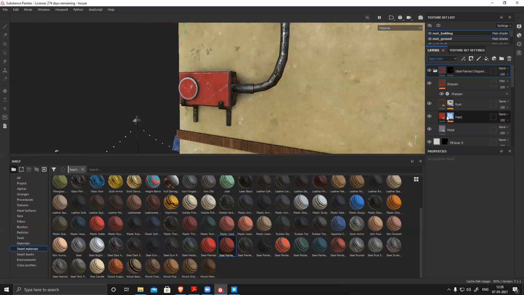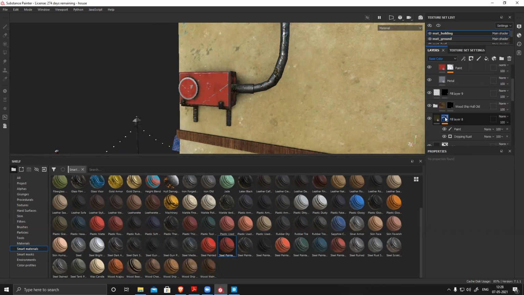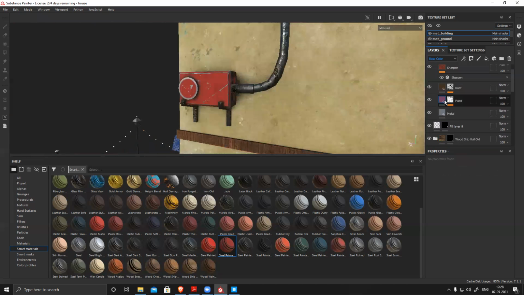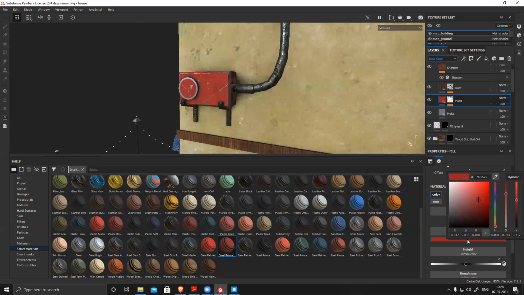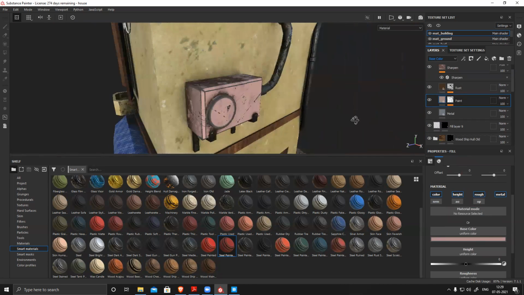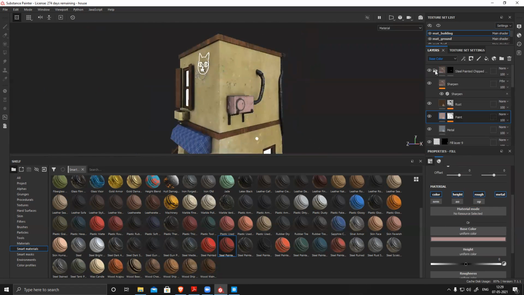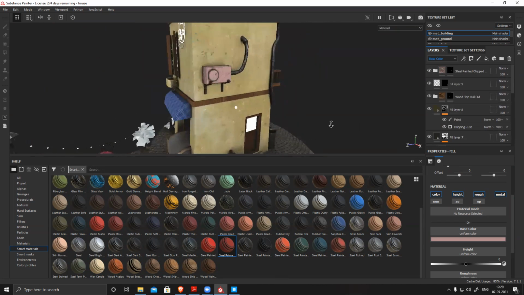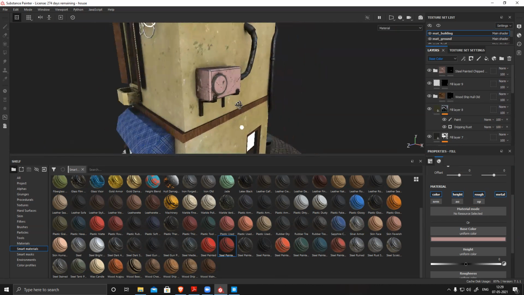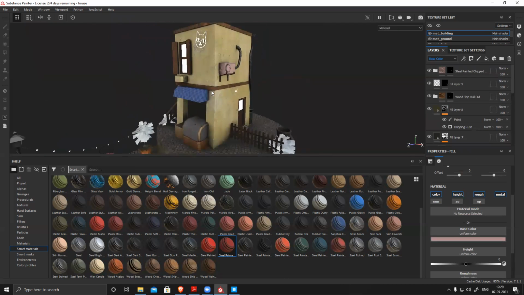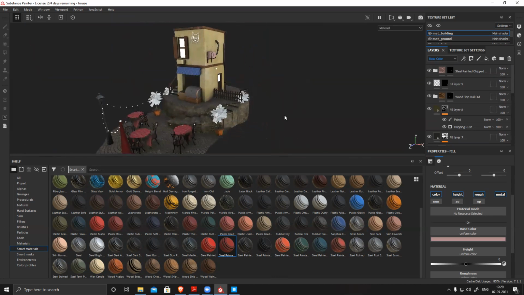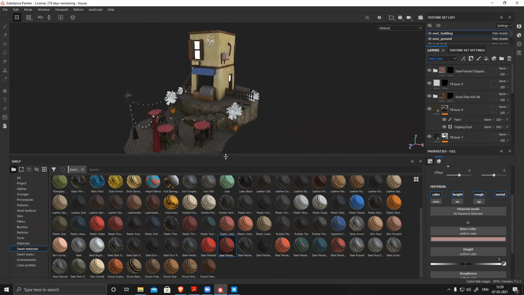And usually this AC, this exhaust, they are usually white in color or off white in color. So I'll change this color to a little off white. Still it looks pinkish in color. So like this, you can modify all the colors and everything. Still we haven't finished our texture.